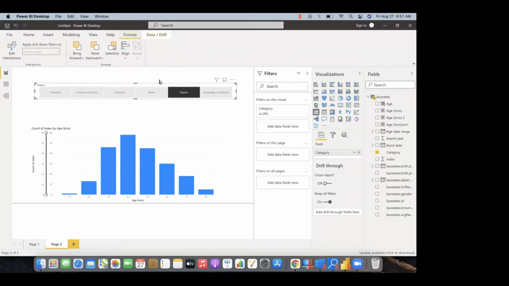We select the filter, and we go to the format, and we go to edit interactions. As you can see, since there is only one visualization here, let's add one more also.